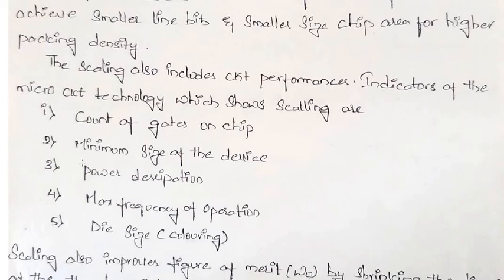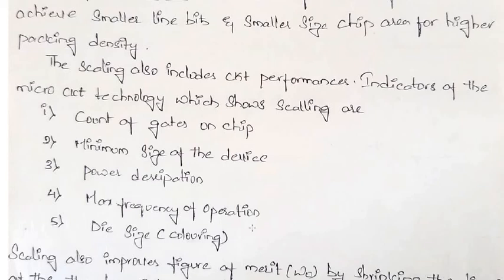So this is about the power dissipation, like how much power will be required for all the components fabricated on your chip, and the maximum frequency of operation, how much frequency will be required for operation of the chip. Then the last one is die size and the coloring. We have to see the coloring also, like stick diagrams or layout diagrams, and the size of that particular chip. So these are the scaling parameters that indicate the constraints when we are going to prepare an IC.